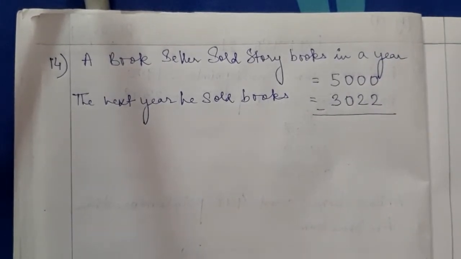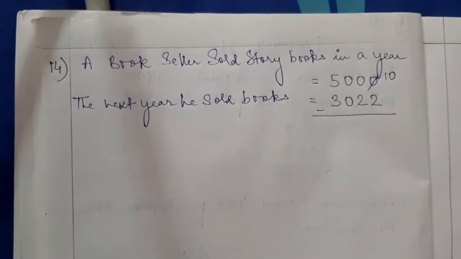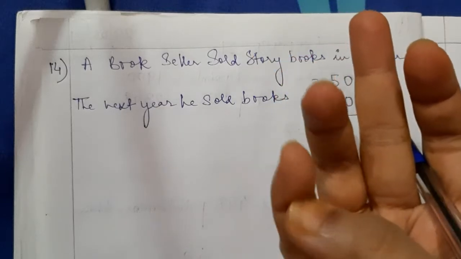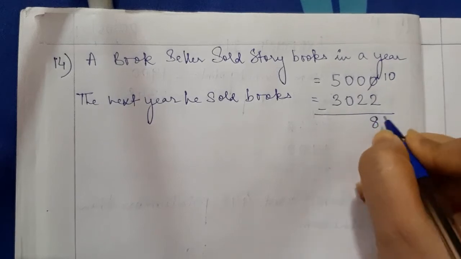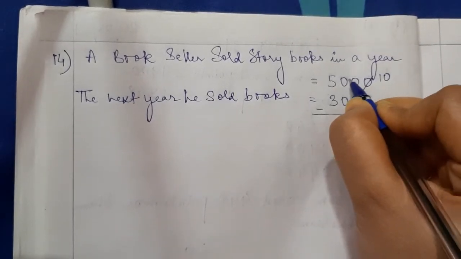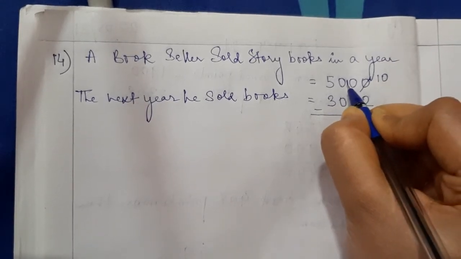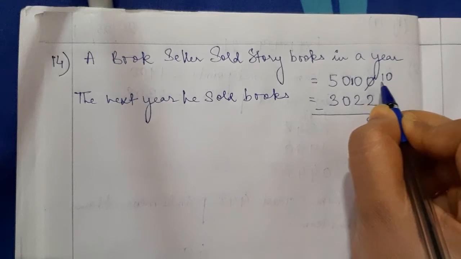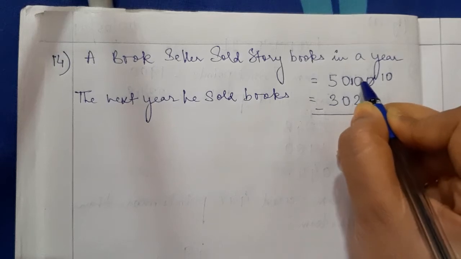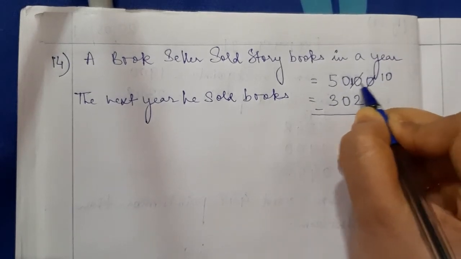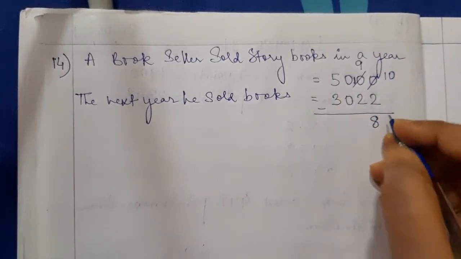So now what will be the answer? We cut this 0 and we make it 10, right? So 2, 3, 4, 5, 6, 7, 8, 9, 10. We get 8 here. Now this is 0, right? So we borrow 1 from here. We borrow 1 from this 0 to this 0 and we make it 10. We borrowed 1 from here, right? So we are going to cut this. Since we borrowed 1, we will subtract 1 from this 10 and this will become 9. So 9 minus 2 is 7.